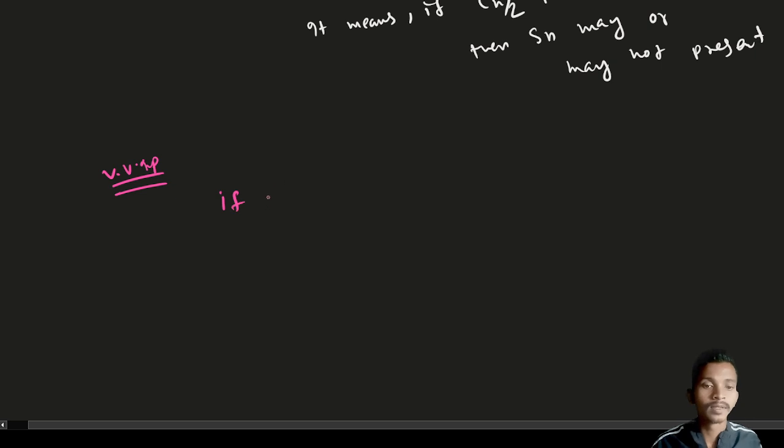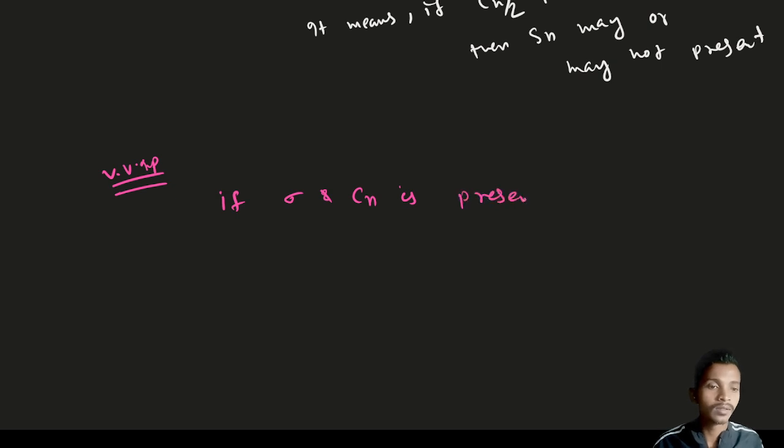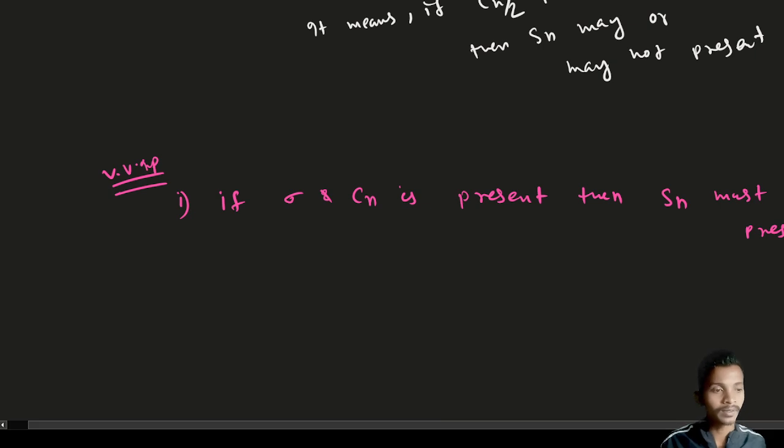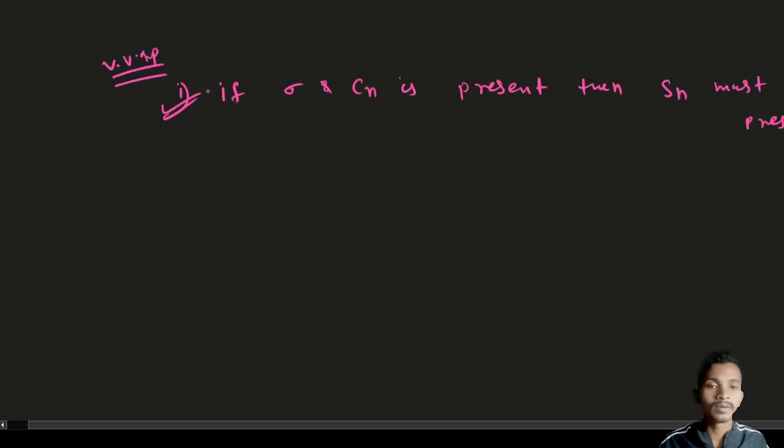If sigma and Cn are present, then Sn must be present. We can say this fully safely: if sigma and Cn are present, then Sn must be present. Okay, so this is always true. And another is